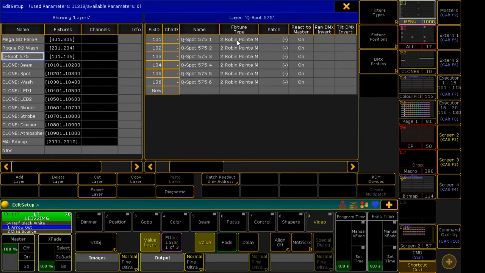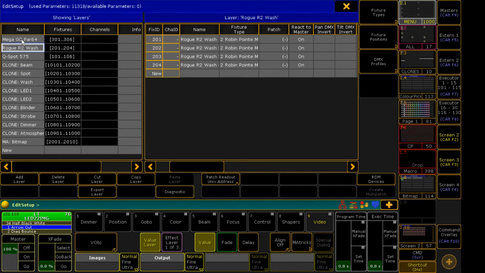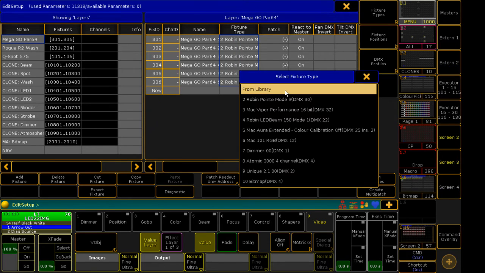Now you can see that these have actually imported as pointers, but that's because of my show file, fixture type 2 is a pointy. So that's why it's done that. You can ignore all these layers down here. That's just for extra cloning. I'll show that in part 2 of this video. So what we can do now, we can go and replace these